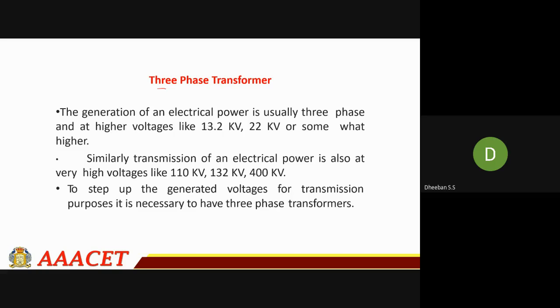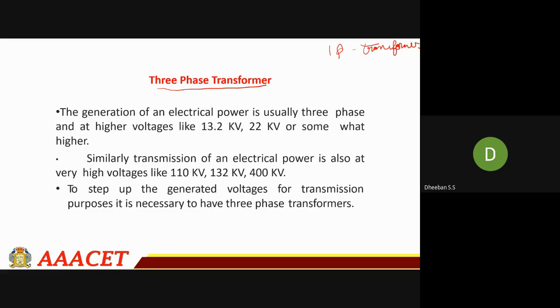Okay. So, till now, we have seen your single-phase transformer, right? We have covered your single-phase transformer, and we have seen your equivalent circuit and your operation, EMF equation, followed by your maximum efficiency. Also, we have derived it. So in this lecture, we will be moving towards the three phase.